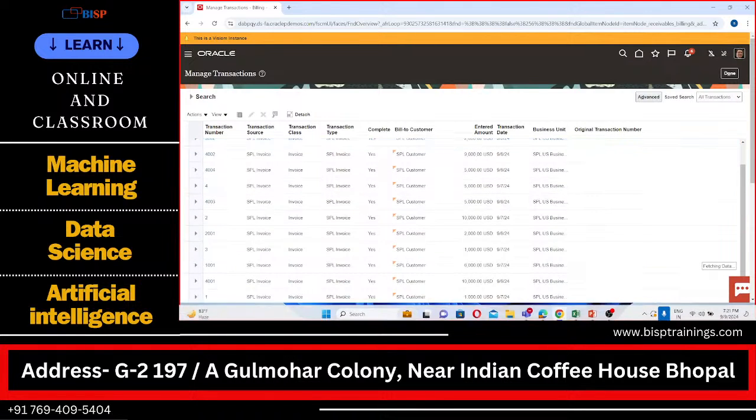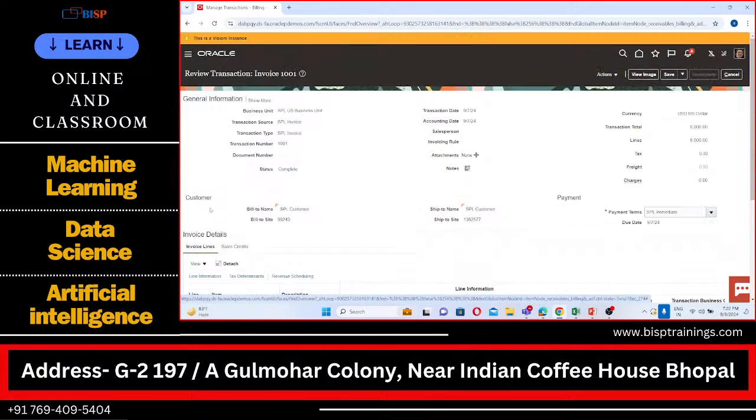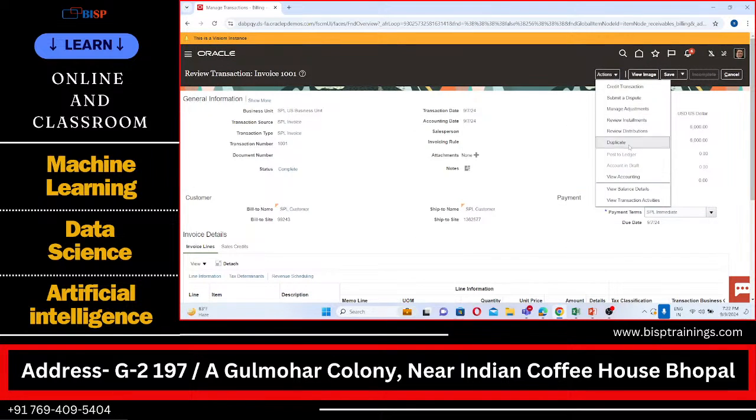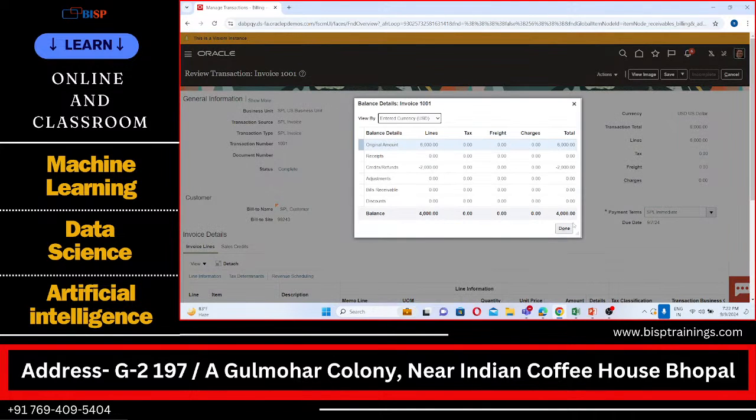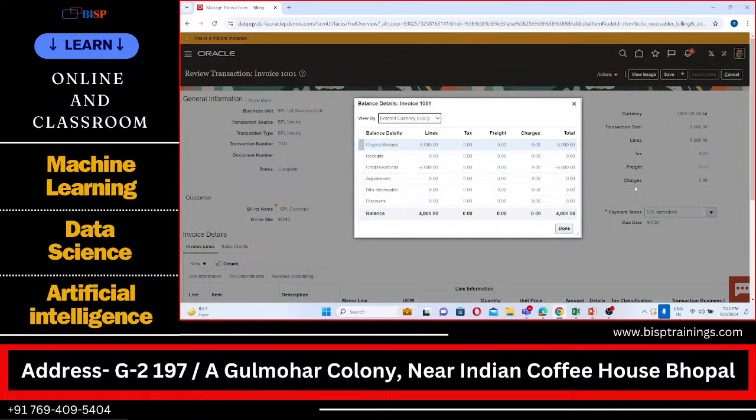Where is our 1001? This is our 1001. Now we'll see the view balance detail. Now when I click on view balance detail, that means it should show that the original amount was